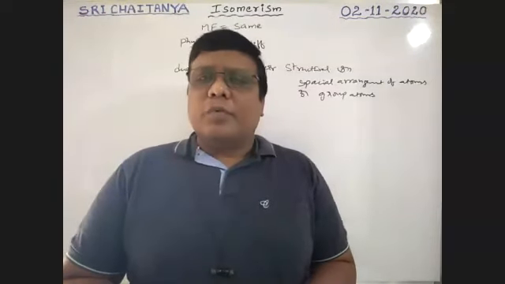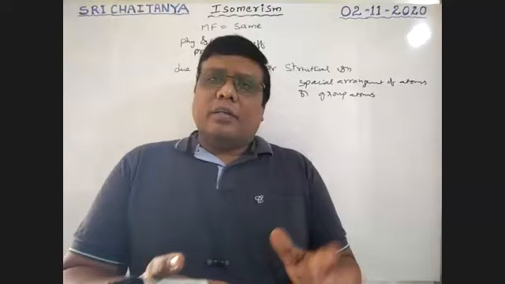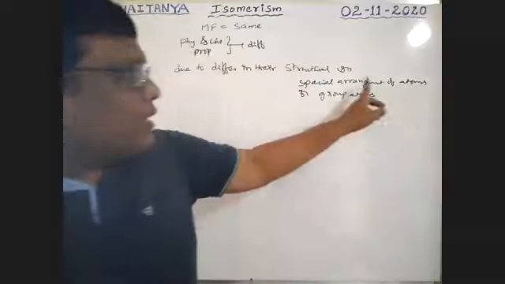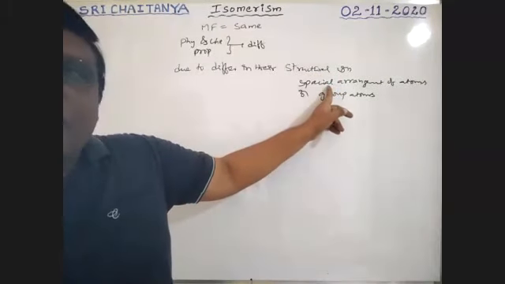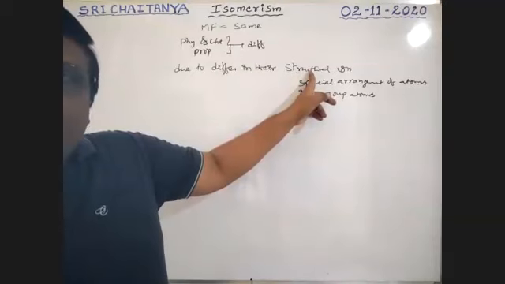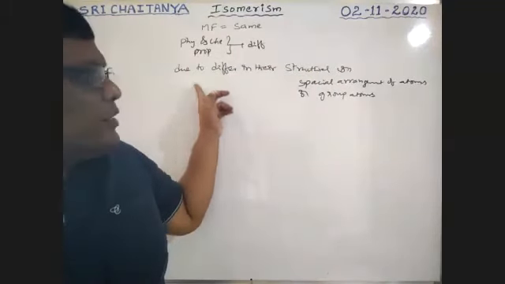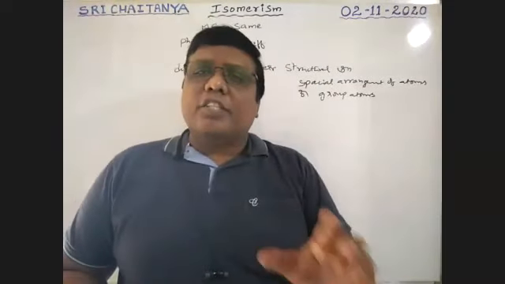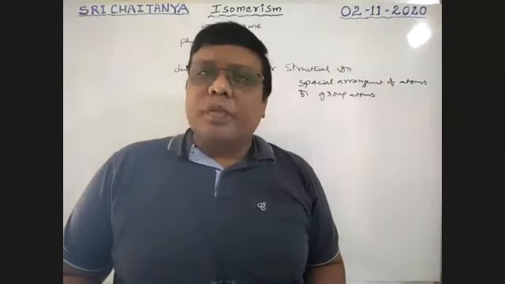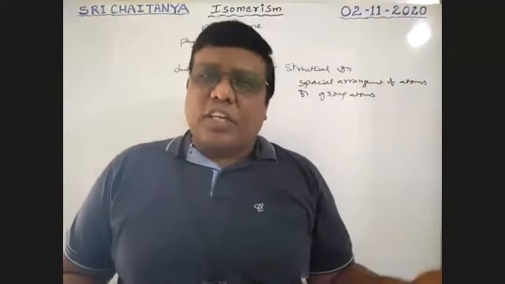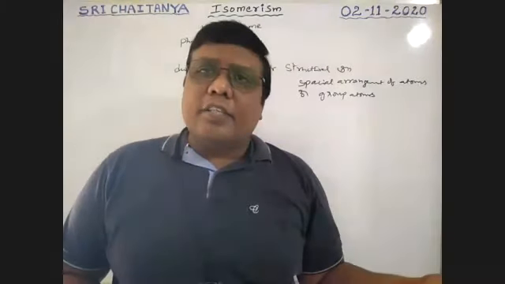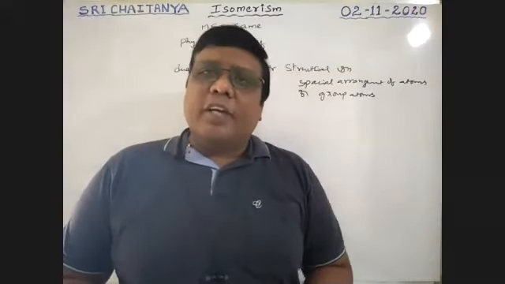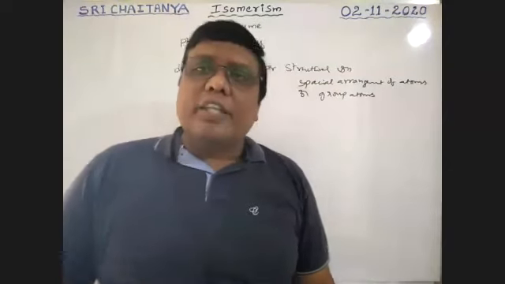So this is about isomerism, boys. Depending on the arrangements, isomerism is broadly divided into two types, because either the structural arrangement is different or the spatial arrangement is different. Because of structural arrangement, that type of isomerism is called structural isomerism. If the spatial arrangement is different, that is called spatial isomerism. One is structural isomerism because of differences in structures, and the other is spatial isomerism, where the structure is not different but the three-dimensional spatial arrangement is different. So broadly, isomerism is of two types.